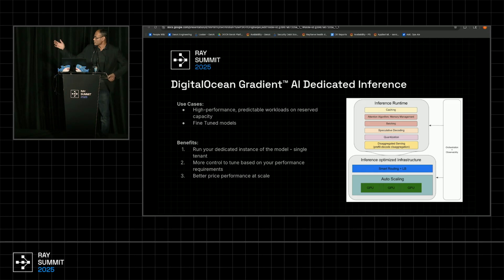But yeah, there is batching so that you don't wait for the longest request when you can return for the shortest ones. Then there is attention algorithm and memory management. You don't want to fragment your GPU memory and waste your memory, so that you can have less caching. And then of course there is caching, where you can do prefix caching and KV caching so that you are not wasting GPU cycles doing the same computation again and again when churning out the next token. So all of those tuning you need to do, and you need to understand those concepts